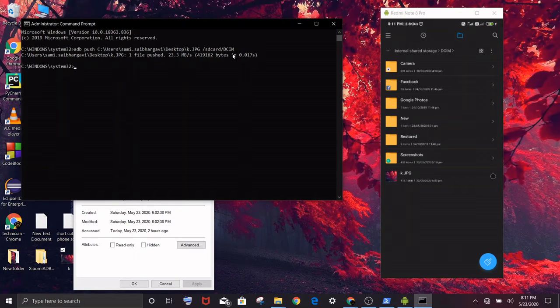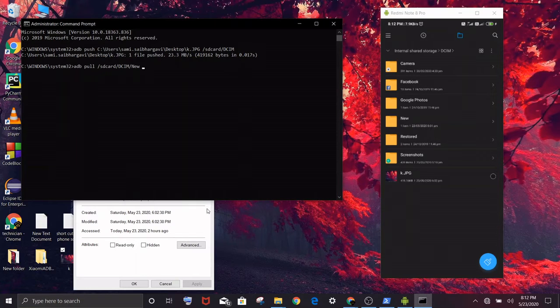Now I would like to show a demo of transferring from your phone to PC. I would like to share the DCIM new folder to my desktop. Now give ADB pull. It pulls the data from the mobile. You need to give SD backslash SD card backslash DCIM backslash new, and space.